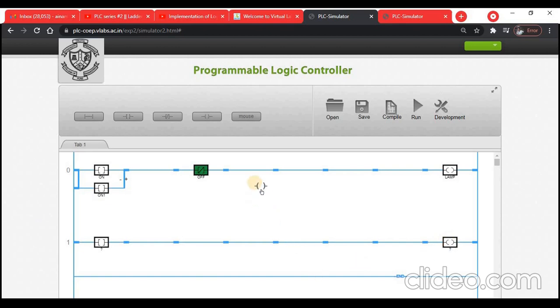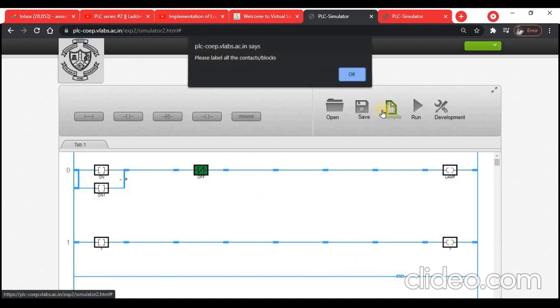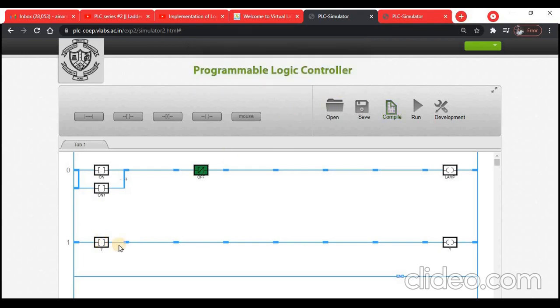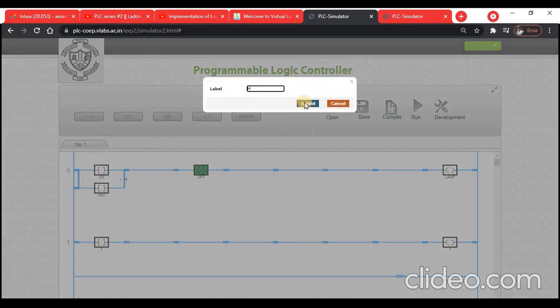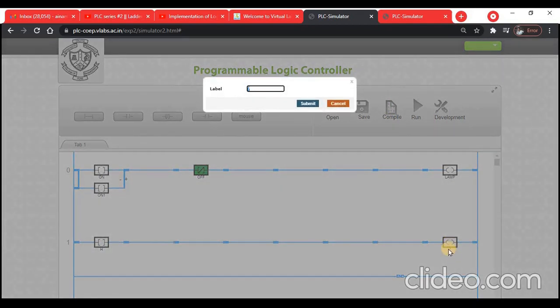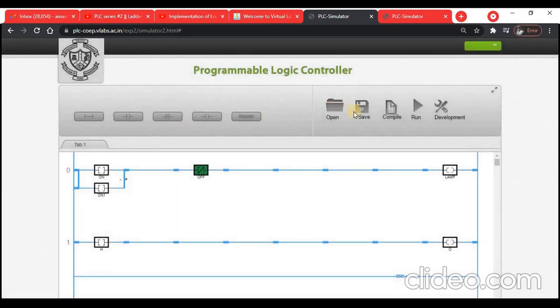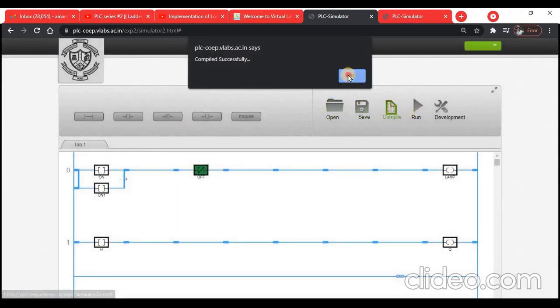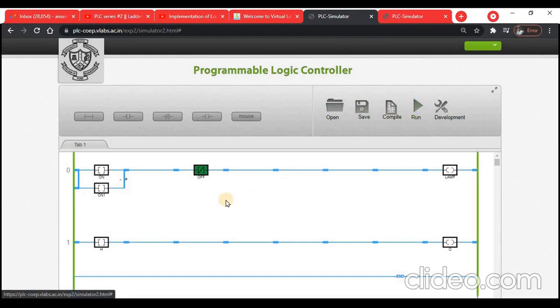Now again compile this. You have to label this, just label any name, give it as H, give it as O. Now compile this and run this.